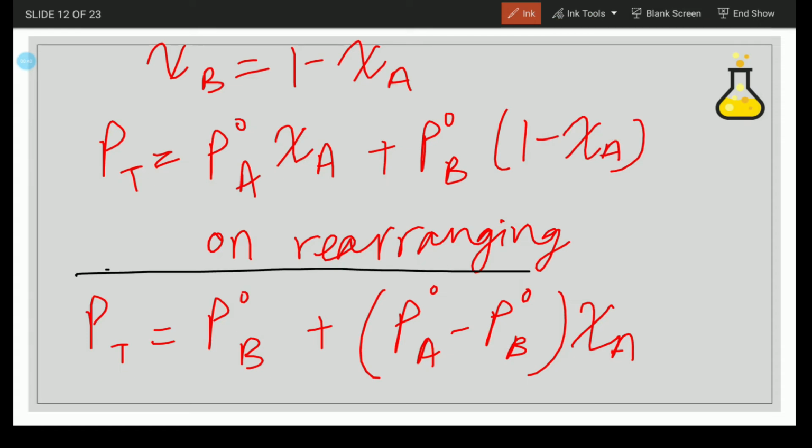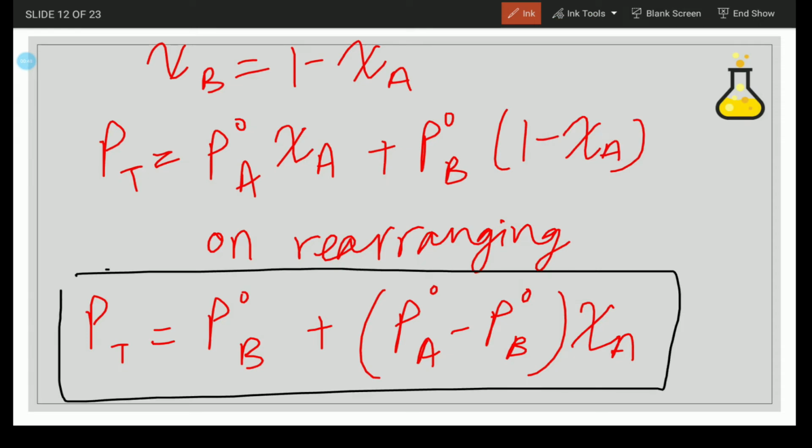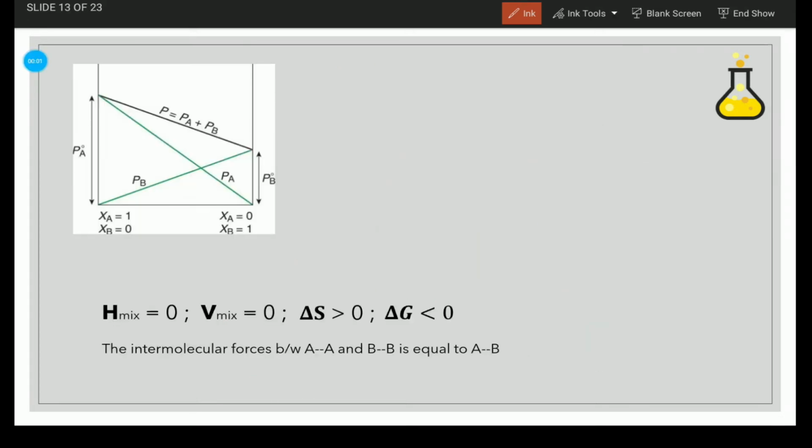Now this equation shows us that there is a linear dependency of the total pressure on the mole fraction of one of the components. Another interesting question that arises is what is the individual pressure of the liquids present in the gaseous state. So, using Dalton's law of partial pressures,